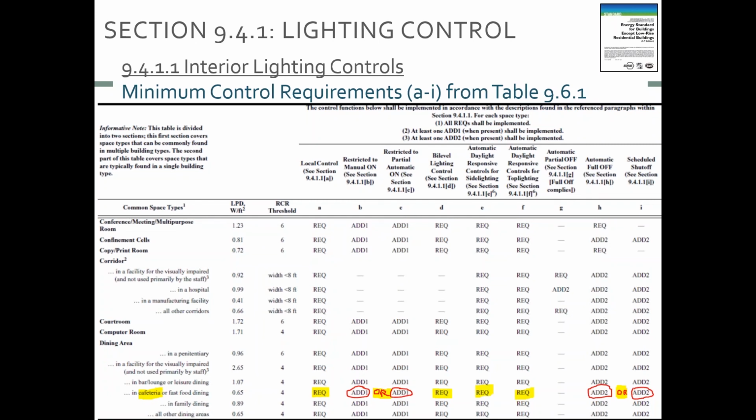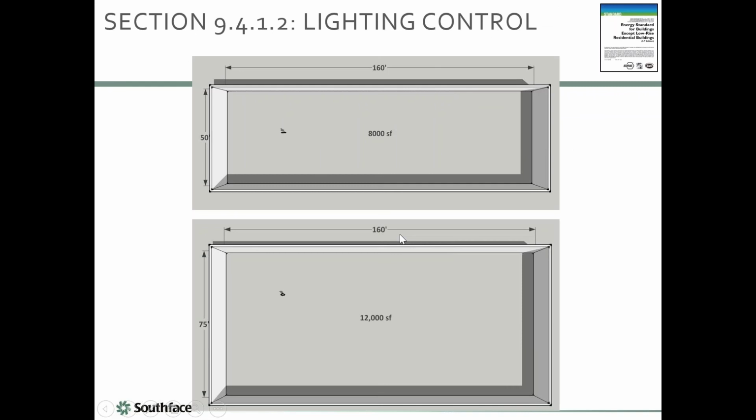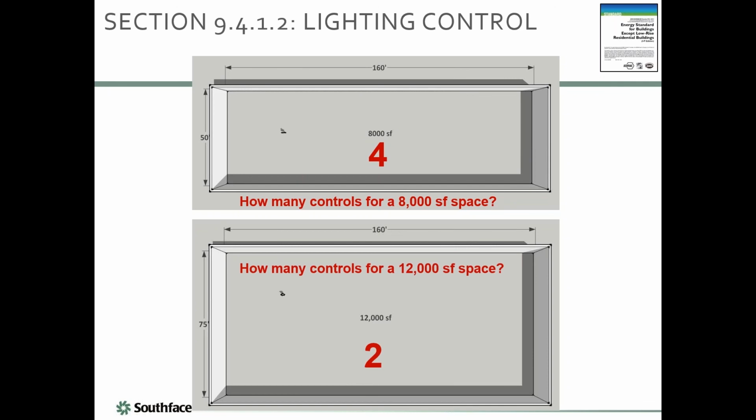So let's look at what each of those features are. A is local control. That's like one light switch in that space. And they have kind of a rule for small spaces that's under 10,000, it's one for every 2,500. For big spaces like a warehouse, it's one for every 10,000. So here's a small space, 8,000 square feet, you would need one for every 2,500, that would be 4. Here's a big space, you would need one for every 10,000, that would be